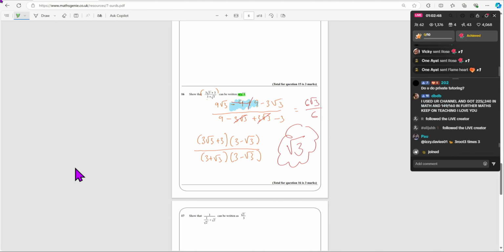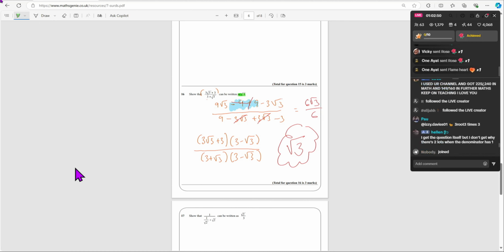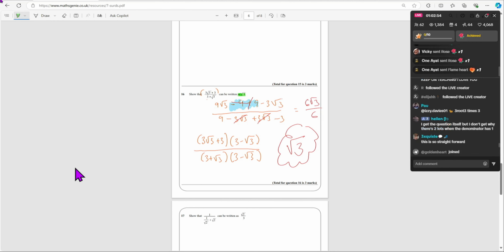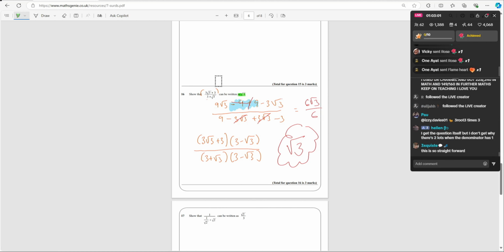So that will be the answer. Why is there two lots? As you can see, we are multiplying the whole denominator by itself. We're trying to multiply the whole